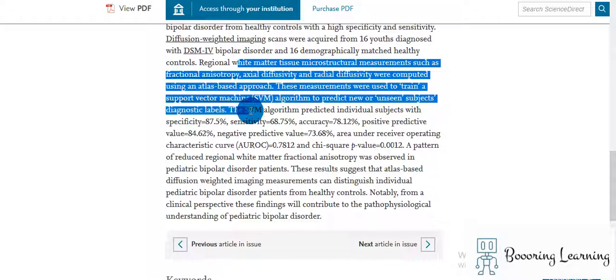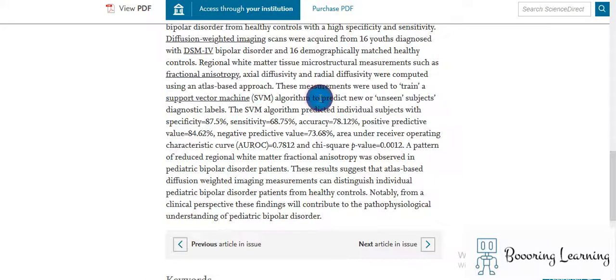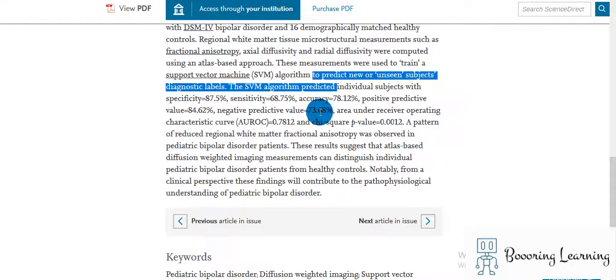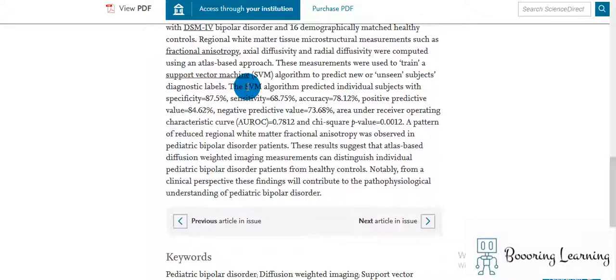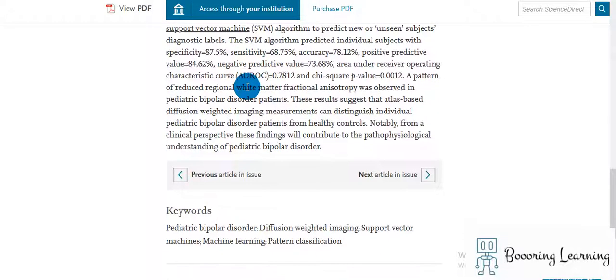Regional white matter tissue microstructural measurements such as fractional anisotropy, axial diffusivity, and radial diffusivity were computed using atlas-based approach. These measurements were used to train a support vector machine algorithm to predict new or unseen subjects' diagnostic labels. So this is the definition of SVM. The algorithm predicts individual subjects with this specificity, we mentioned it, and under receiver operating characteristic curve,